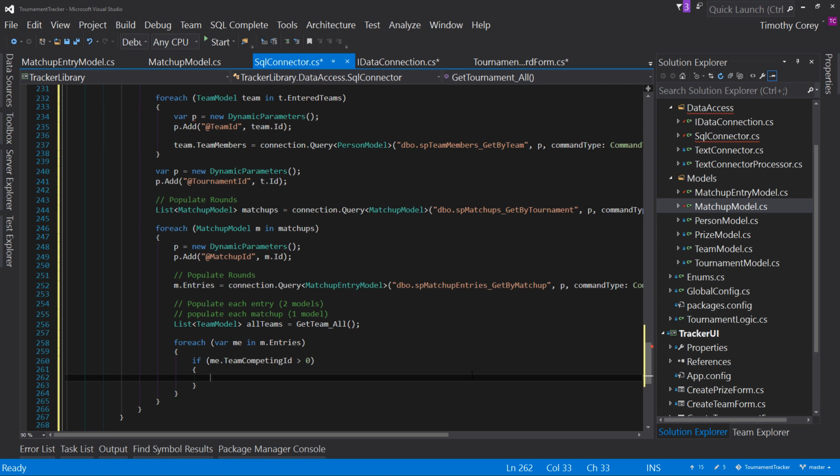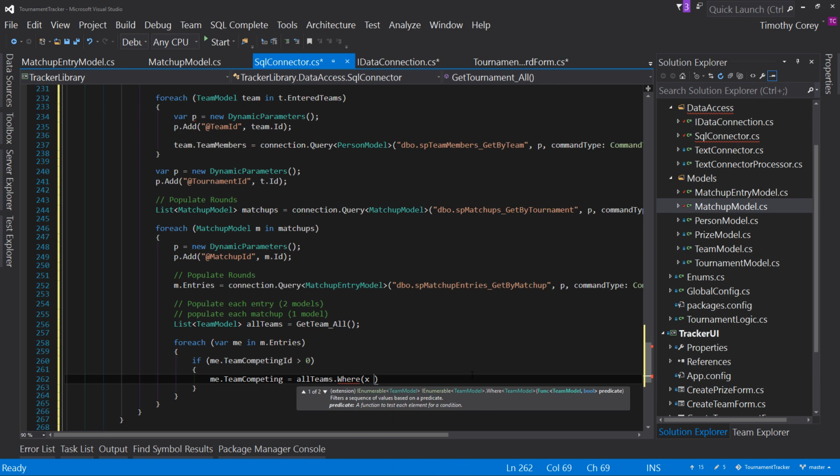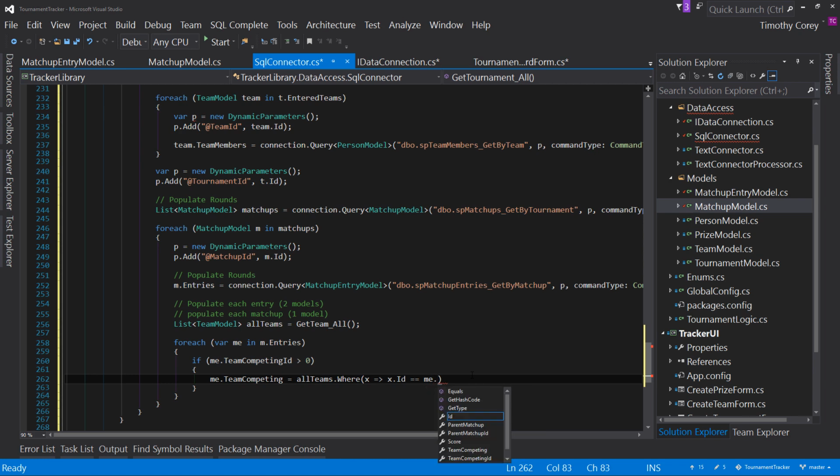So we can say me.teamCompeting equals allTeams.Where x goes to x.ID double equals, and we have the ID that we're looking up, which is me.teamCompetingID. First,